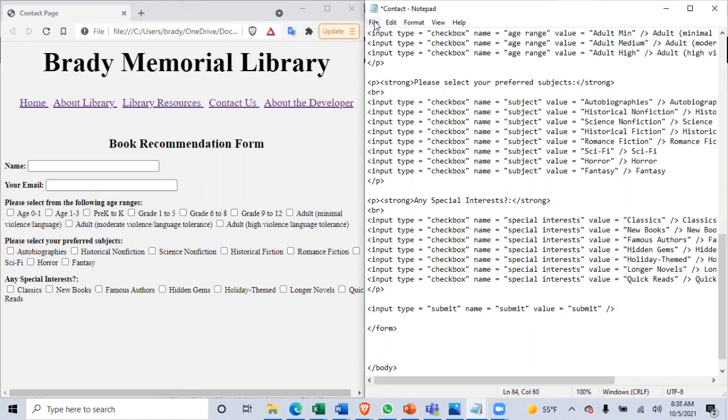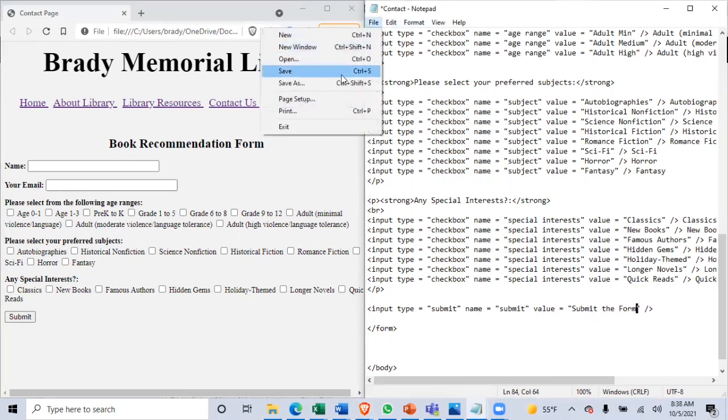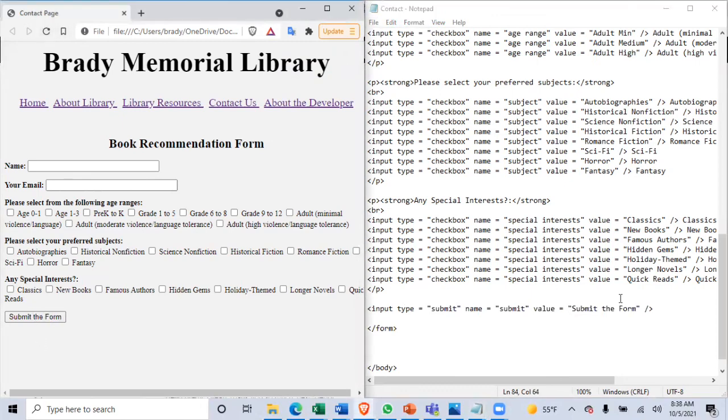And then we'll save that. See, there's the submit button. Might want to capitalize that. Again, this value one here is for the submit button. The value is going to tell us what goes on this. So you could type submit the form, and it's going to say submit the form, but most of the time you just have submit. And so there you have it, a complete form where you can collect the name, email